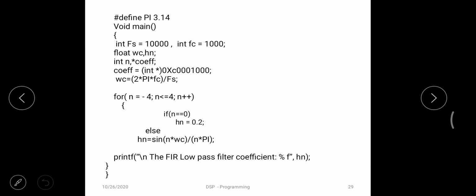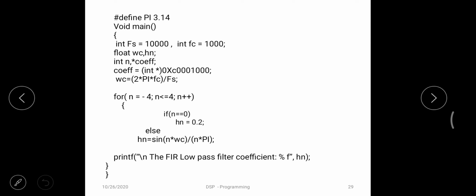Okay, because we cannot expect that I may get the full integer values. If I define integer values, due to quantization, all the values after the fraction will be removed. So I am going to define it as a float. Float wc, and the filter coefficients are also always less than 1 to be a stable filter. So hn is also a float. Both cannot be defined as integers. Then I need a dummy variable n and the filter coefficients with the pointer.